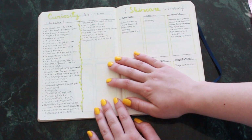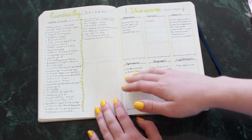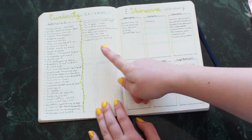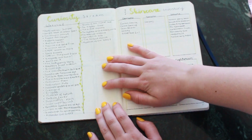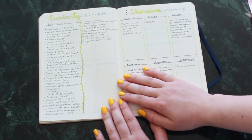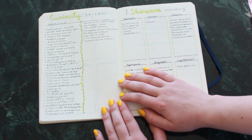And then I have an app that is sort of like Netflix, but it's only for documentaries and science stuff. So I started to write down what I've been watching on the app, but I think I've currently watched everything they have on that app, so I'm not currently using it, so I will probably stop subscribing to